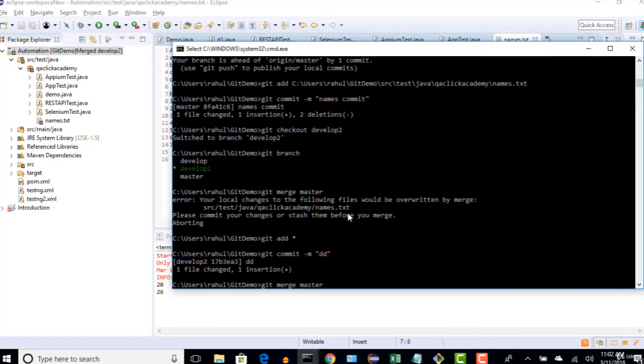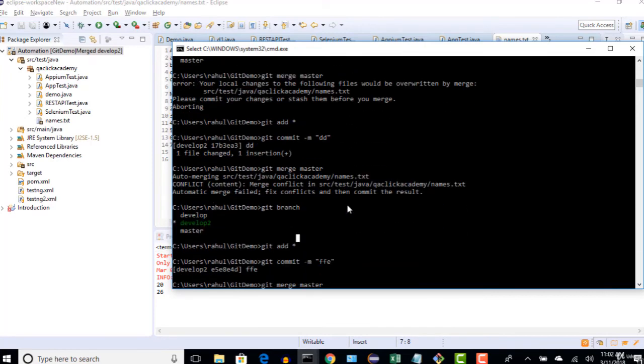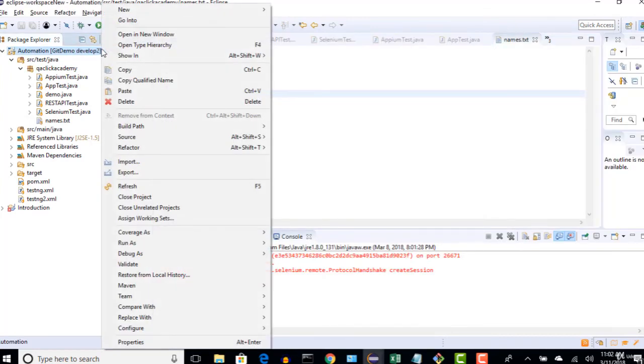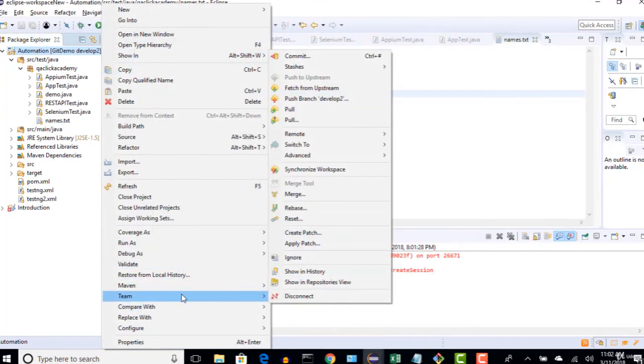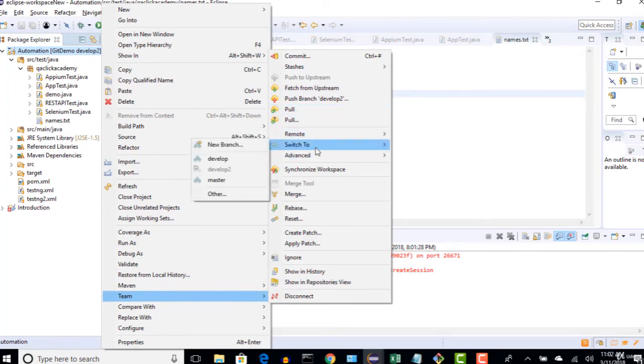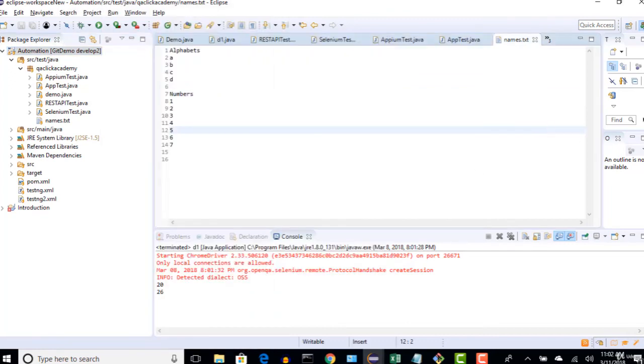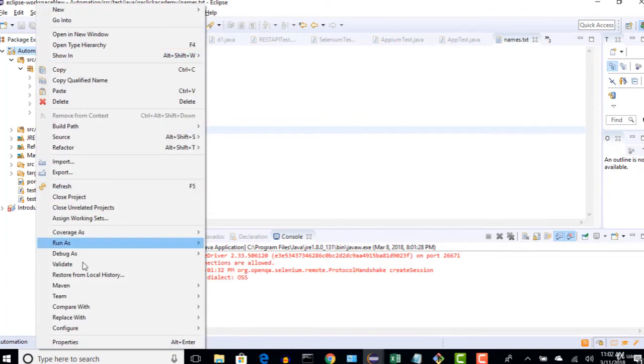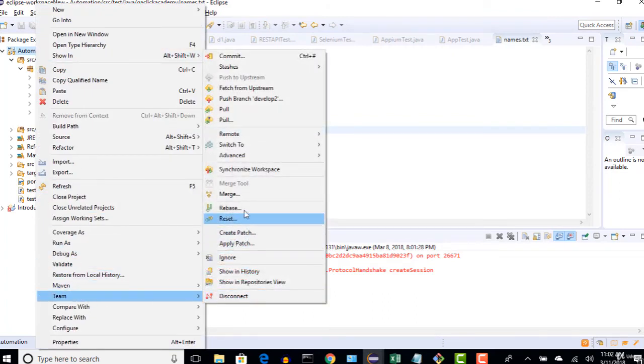Okay, but at your workplace, the people might ask you to use TortoiseGit, or there are some plugins in Eclipse itself. When you go to Team, you see pull, remote, where you can add a remote, push, and switch to a branch. You can switch branches like this also. Instead of giving git checkout master, you can simply say Team, switch to master.